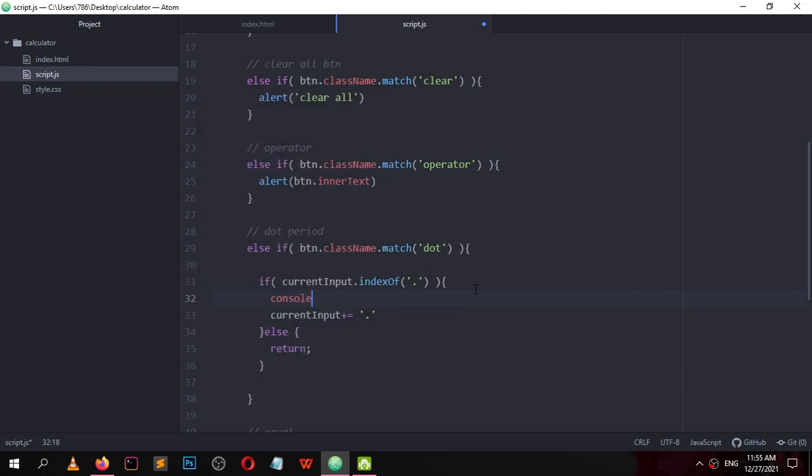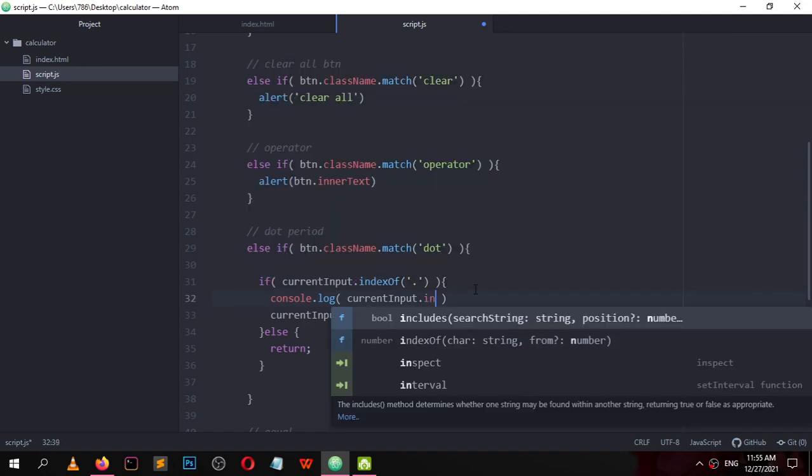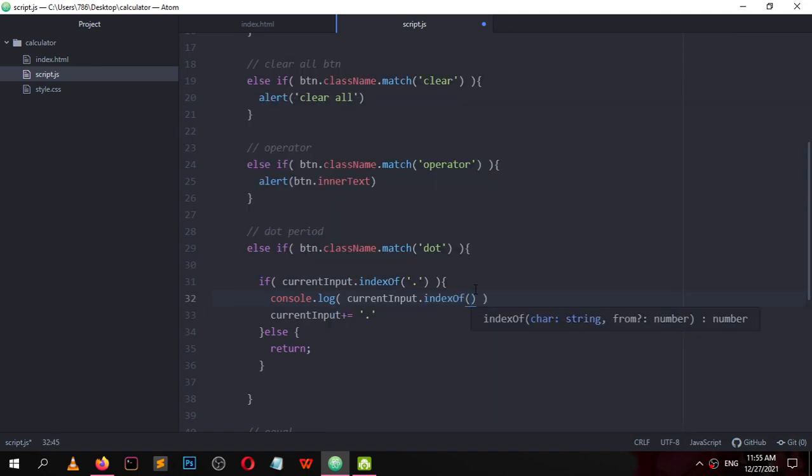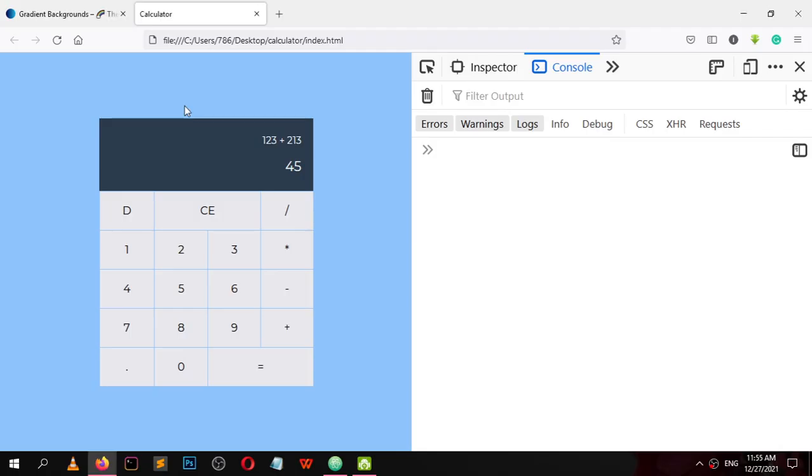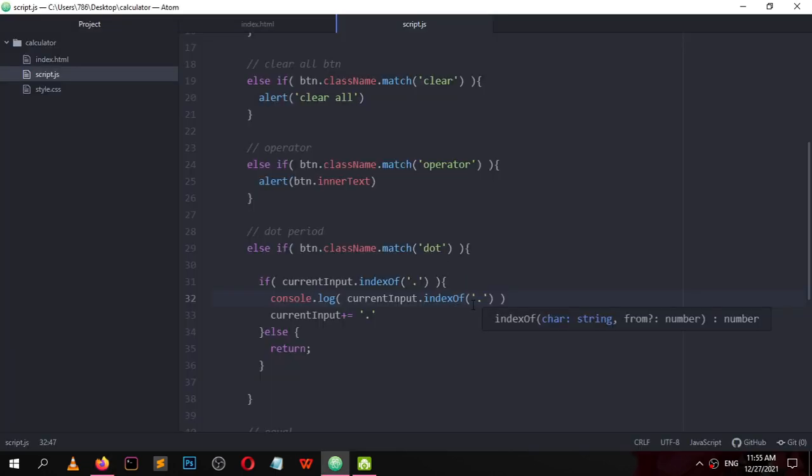Console.log, control Z, current input dot index of this dot. Reload and click here: -1. If this is equal to -1, we want to add this dot.